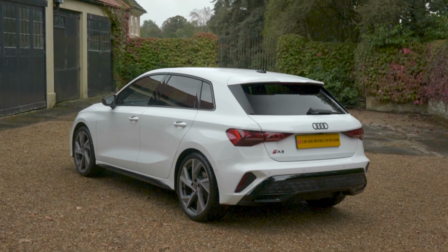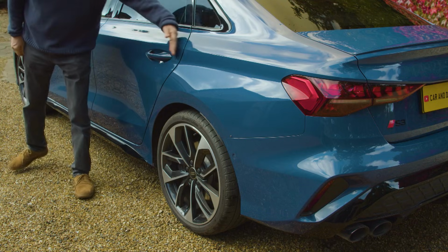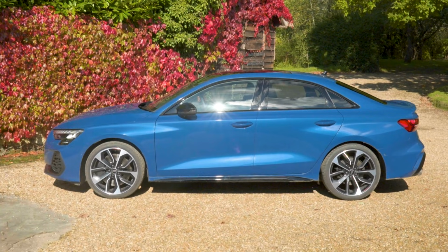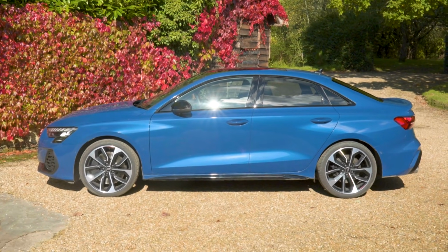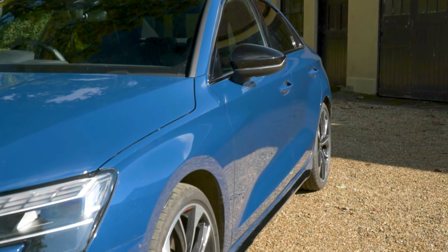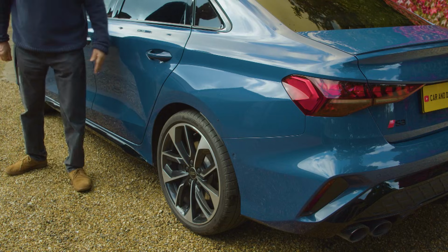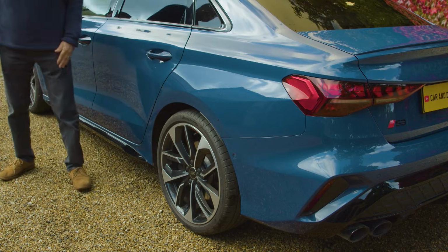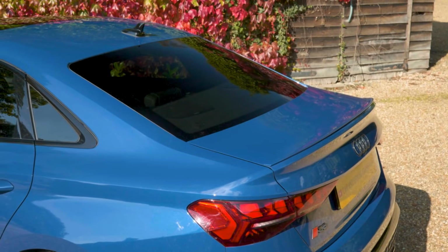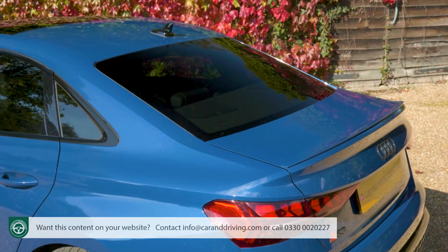In contrast with the A3 Sportback, the Saloon's body line continues in a straight line up to the rear bumper. This emphasises its length, 15 centimetres longer than the Sportback, and makes for elegant proportions in profile. The concave surface under the broad body shoulder further accentuates the shape's rear quattro blisters and the lower sills, while the roofline, which tapers down from the B-pillar and finishes in a spoiler on the boot lid, draws inspiration from